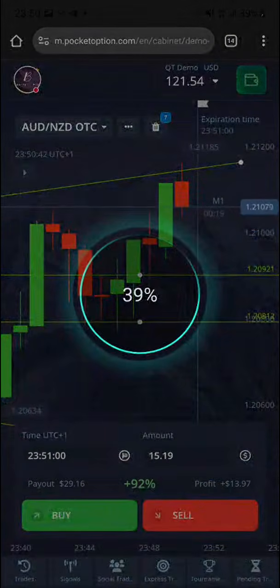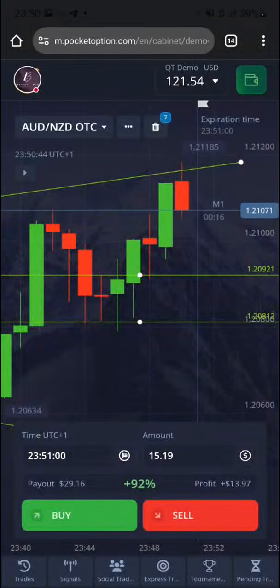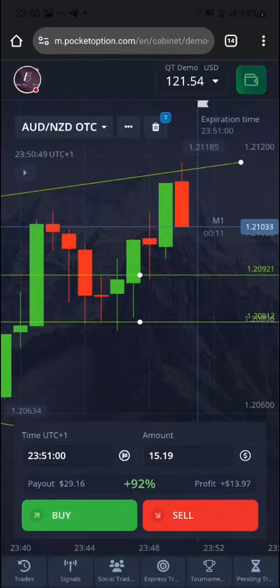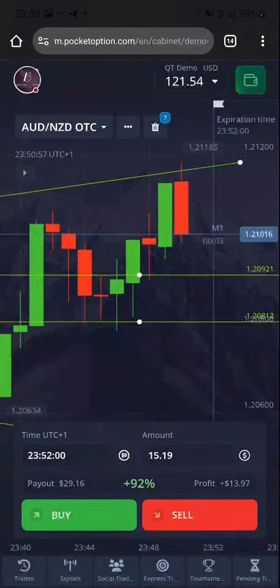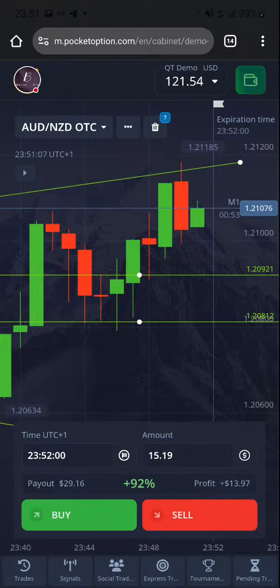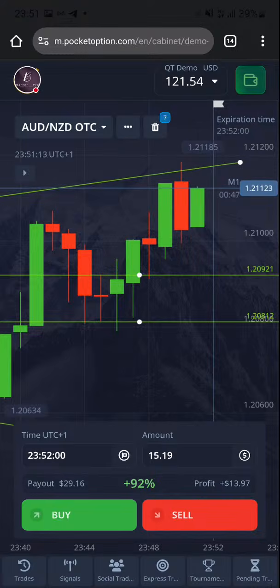So that's how it is basically. When it comes to risk management, you need to be able to gauge the amount of risk you are willing to take first. Then that would be the amount. Now, for example, let's say you have $100 in your account and the amount you are comfortable losing is $5. But you know that if you lose $15, it's going to be too much for you and it's going to affect you psychologically.